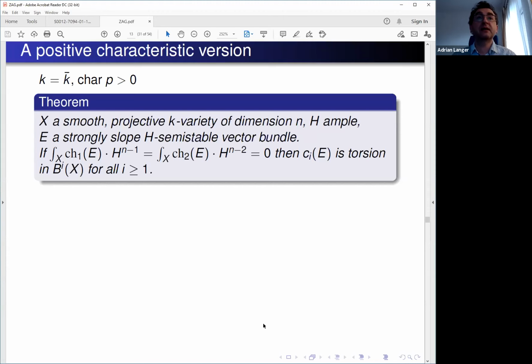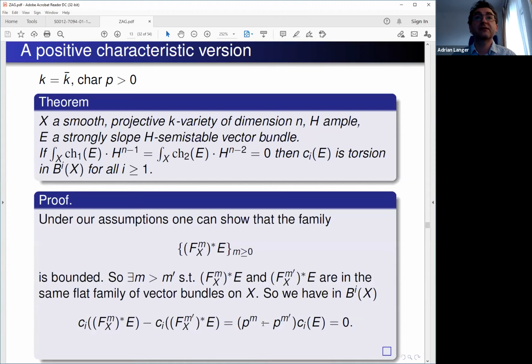And the proof of this is rather easy once one has some results. So the proof is that we simply look at all the Frobenius pullbacks of our vector bundle. This family, under our assumptions on the first and second Chern character, is bounded. And then the fact that this is a bounded family means that there exist some constants m and m prime such that these Frobenius pullbacks by m times and m prime times are in the same flat family of vector